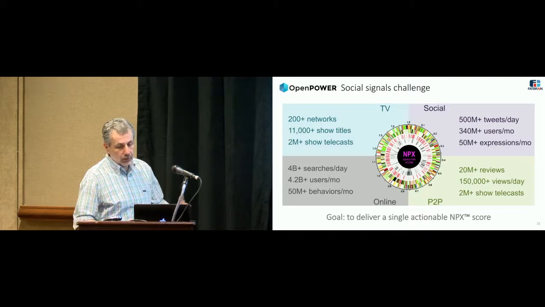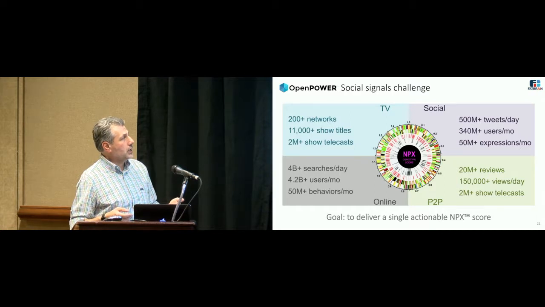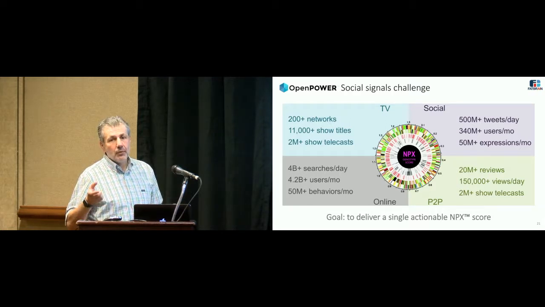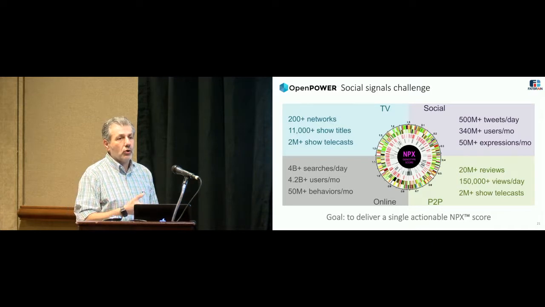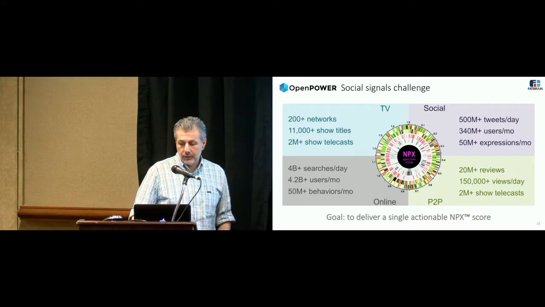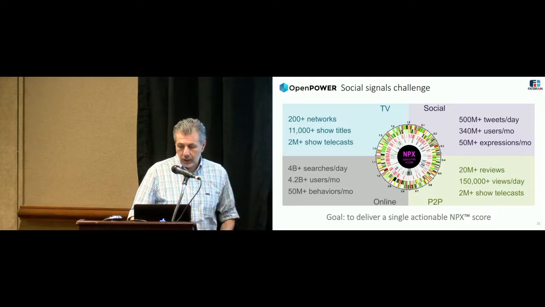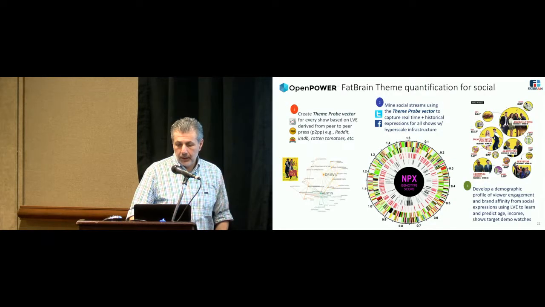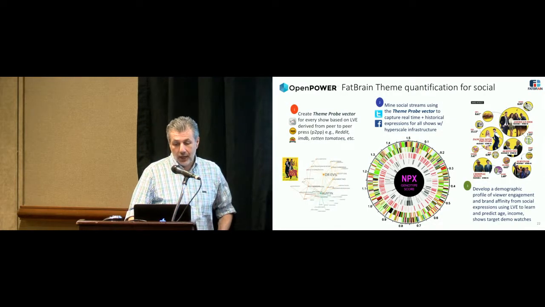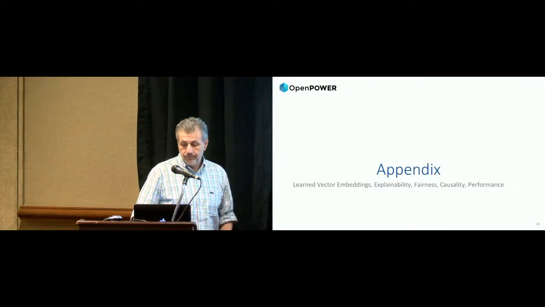Last but not least, we said that we can do this at scale with all the global things. We did something for a very large media company where we basically gave them a better way to view the world than Nielsen was able to give them in terms of where to place advertisements and how to drive their value for the kind of audience they needed. Again, processing all the social signals from a lot of social sources, Twitter, Facebook, and YouTube. So that you can say, hey, I want to advertise on this particular show versus the other one, and so on. I think that's the background.